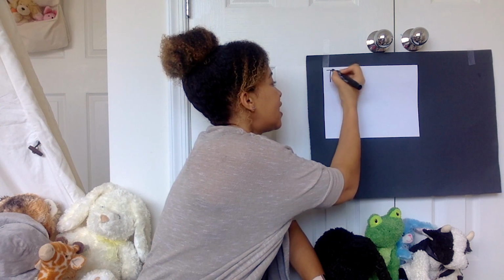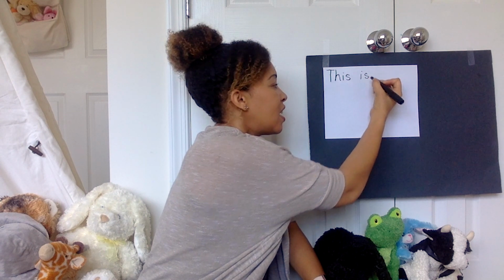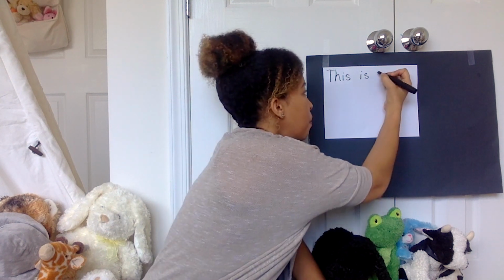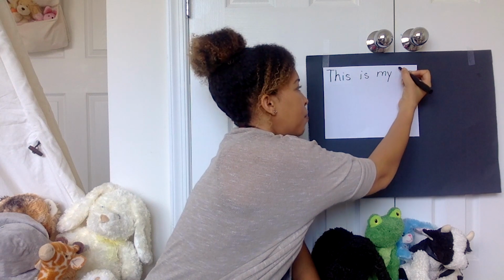If you remember, when we start a sentence, we have to start with a capital letter. So for this, I'm going to start with a capital T. This is, oh, I bet my is one of your snap words. I bet you know how to spell that. M-Y. My. Ooh, black. That's kind of a tricky one. I might have to stop and think and sound that one out. Bl-ack. Oh, I hear that bl. I know that bl is a blend. It's kind of B and an L together. Let me write that. This is my black